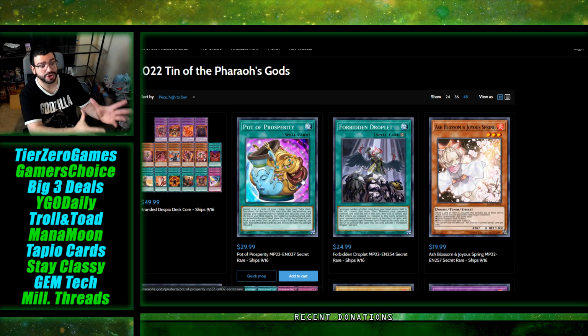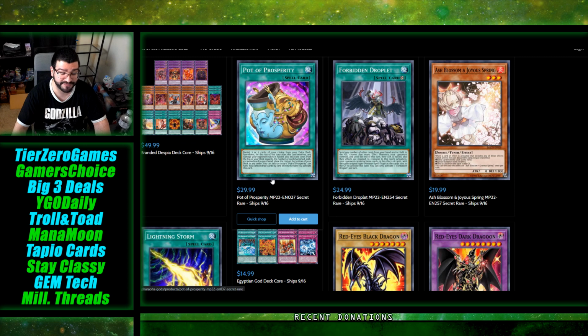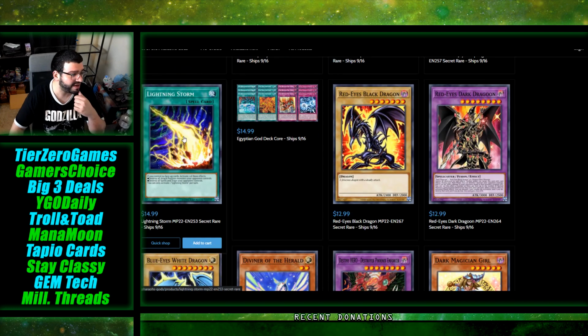This is the first realistic estimated value pull chop up of the set. And Prospect 30, when everyone thought it would be 50, good job showing them how it's done, Gamer's Choice. It's pretty much exactly how I would have done it. On this card, I probably might have bumped Droplet up to 28. I would have lowered Ash down towards 15. I think I would have...